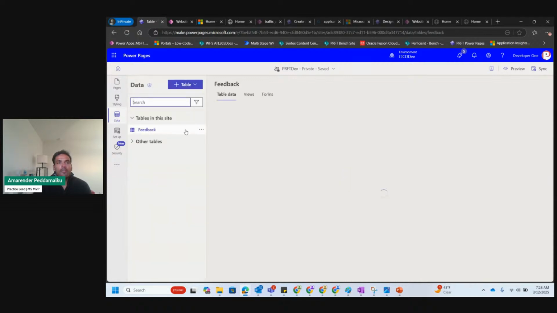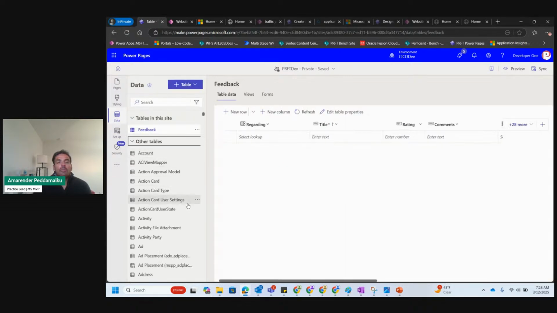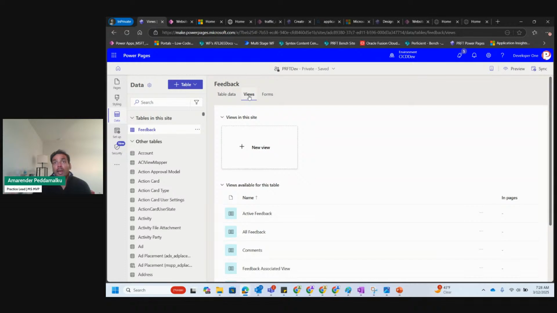And if you go to the data tab here, it pulls up all the tables that are available for your website to pull into, right? So right now I only have one table, which is a feedback table. And I want people to be able to submit feedback to my website. Or if they want to get in touch with me, I want users to access that form and submit, right? And then you basically pull that table into your website, and there are different views that you can create for the same form or tables.